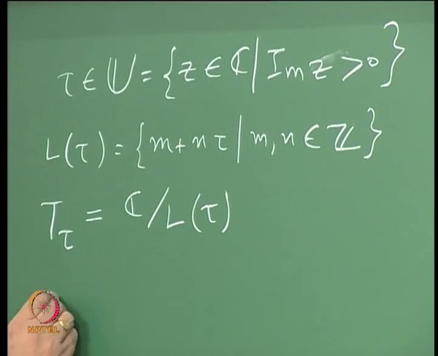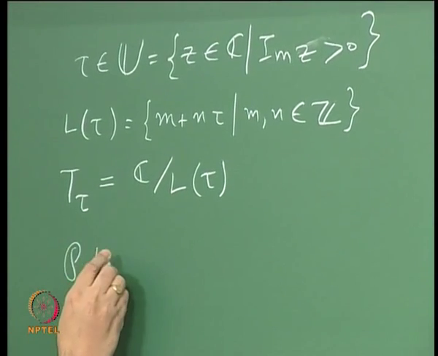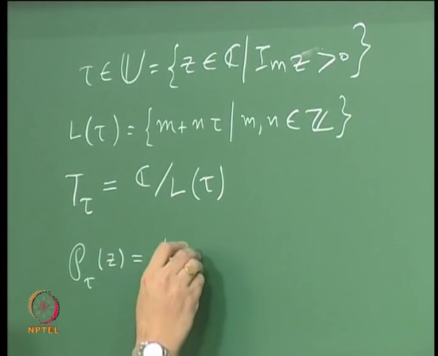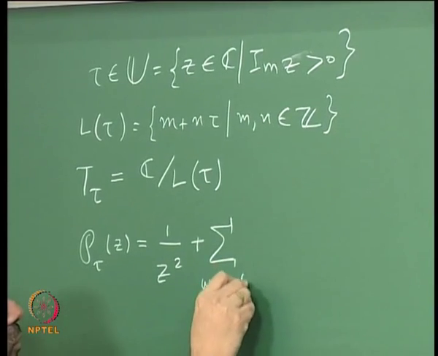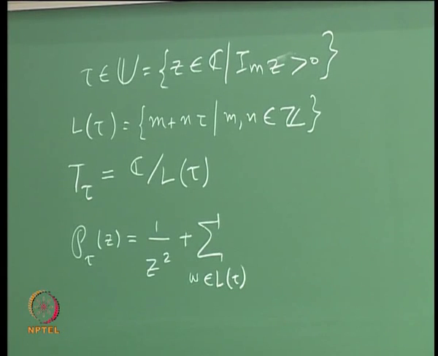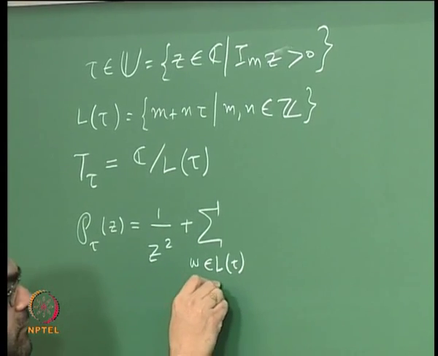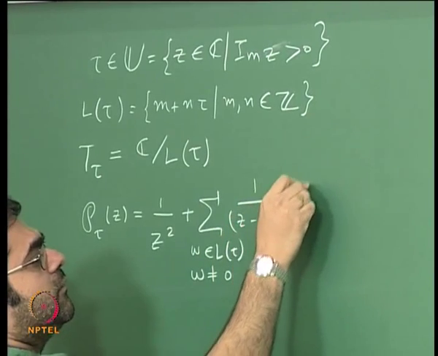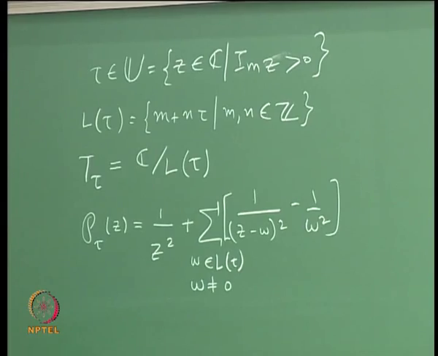which is given by P sub tau of z. It is given explicitly by a formula of this form. So it is 1 by z squared, which is the singular part at the origin, that is a normalization that makes this function unique. Then you sum over 1 by z minus omega the whole squared minus 1 by omega squared, we got the P function,